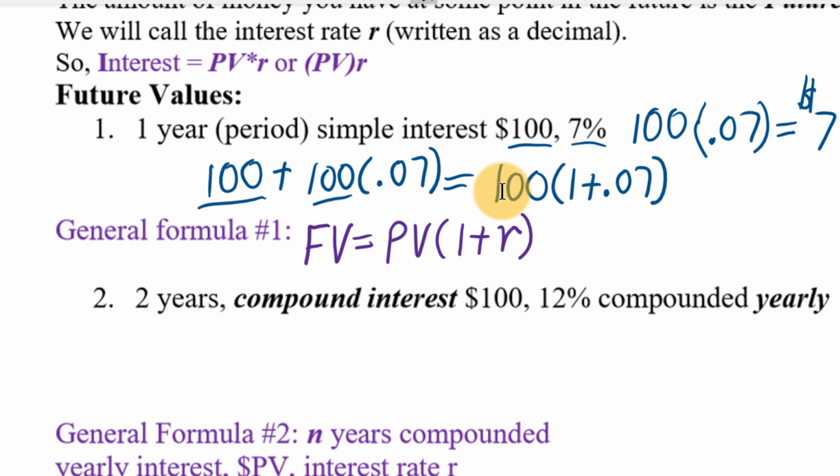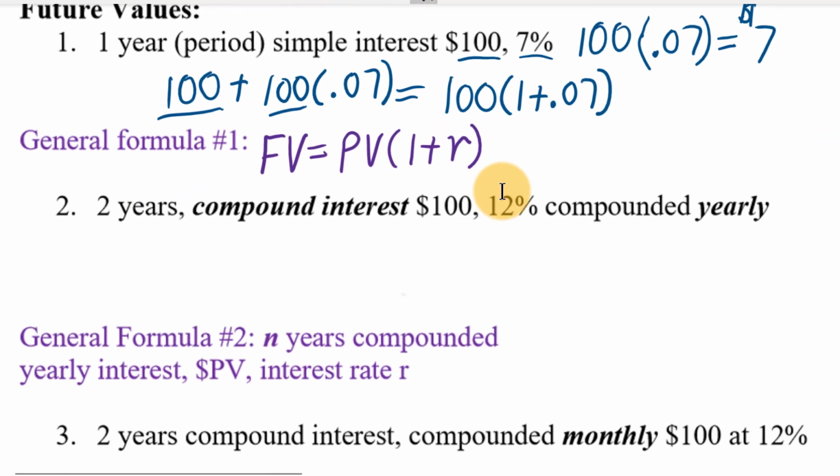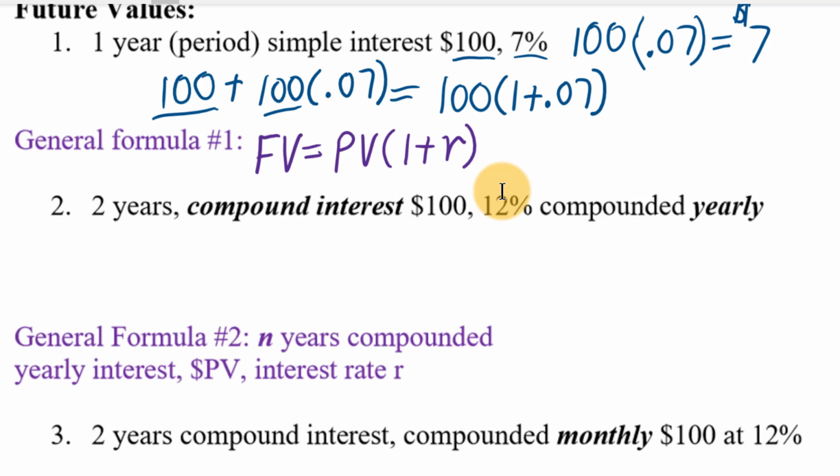The next step in our journey is to use compound interest. Compound interest is when our money earns interest. We leave the money, the original principal, and the interest in a bank account, for example, and we earn interest on the interest. So this is called compounded interest. So let's just think about that for 2 years as the simplest case. What would we do? The idea, and we'll come up with an easier formula in a second, but the idea